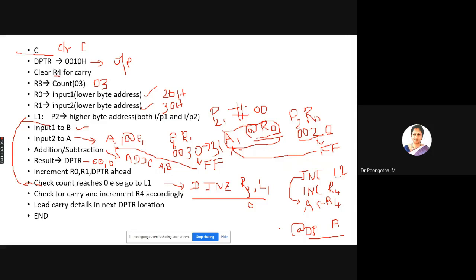Balameenakshi. Yes, ma'am. Actually, ADD A, R0 and ADD A, R1. Two instructions. If you are using add with carry, you have to use two add with carry instructions. That will create some problem in order to store your carry.